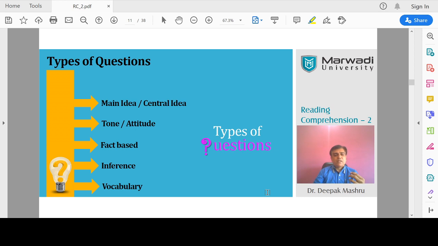If you refer to any website, book, or material, you will find these question types in every reading comprehension, especially when it is for overseas education or competitive exams. Here in GTU, most probably you will be asked MCQ-based questions, so you will not be asked in that detail. But as I told you in the last session, my core purpose is to prepare you for all exams, so that wherever a reading comprehension is asked, you are able to solve it perfectly and competitively. That's the reason we are going into detail about it, because this is a very important thing.